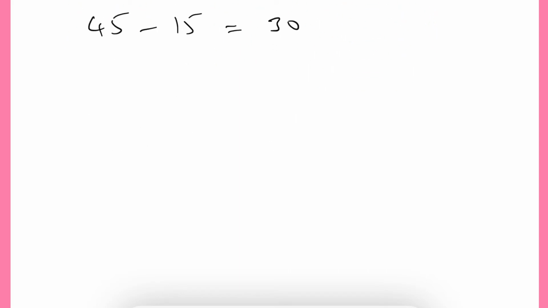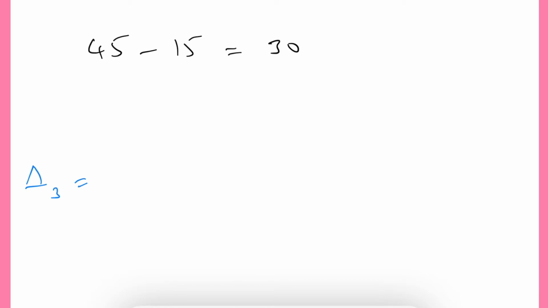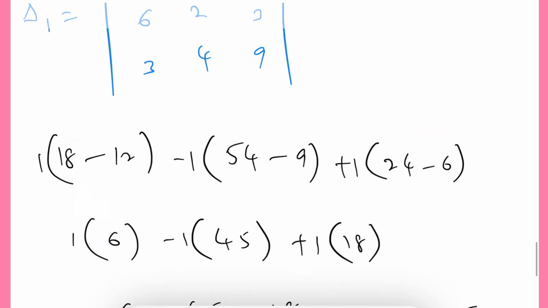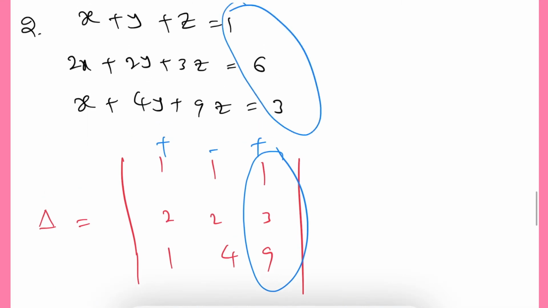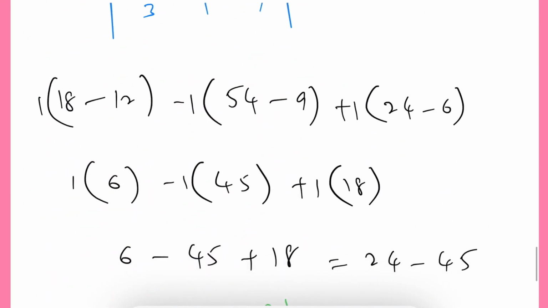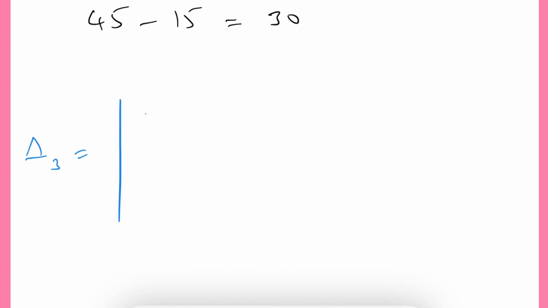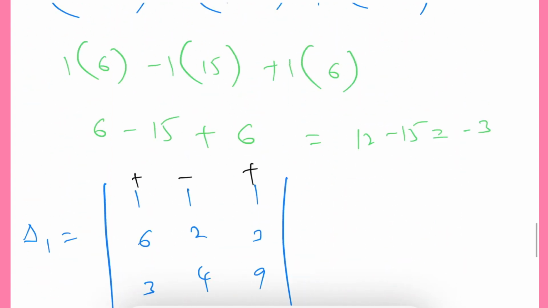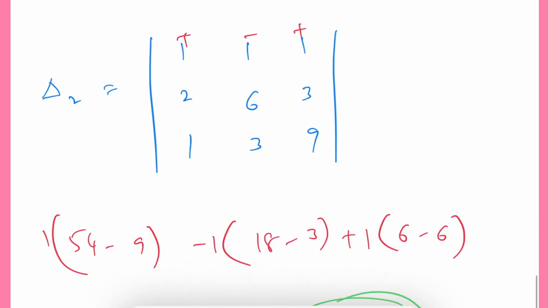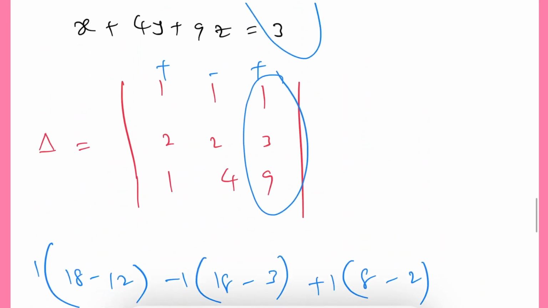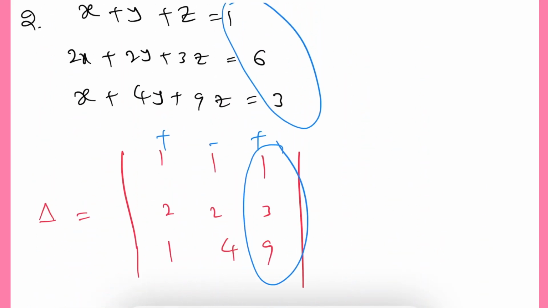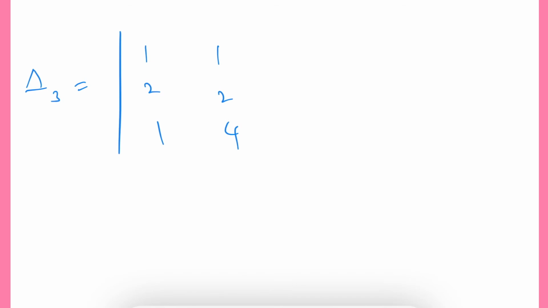Now let us check for delta 3 then. So in the delta 3, simply we will replace the third column. Okay, let us check it out. Now first column 1, 2, 1 as it is, second column also 1, 2, 4 as it is. Now third column we will replace with these constants. Okay, let us write now. First column 1, 2, 1 as it is. Then comes second column 1, 2, 4. Next, third column we need to replace with the constants. So 139 we need to replace with 163. Okay, then it will become 163.